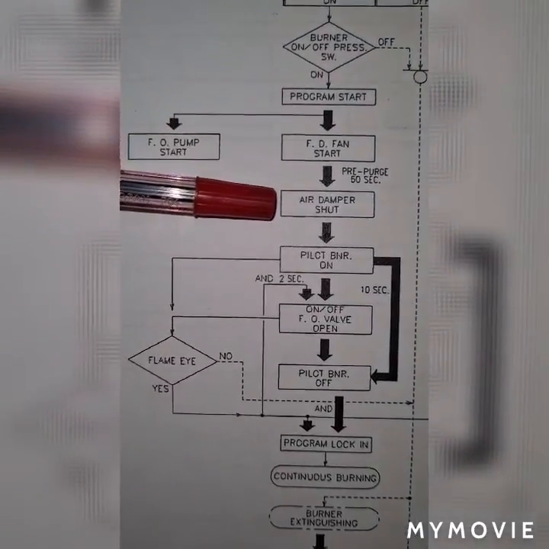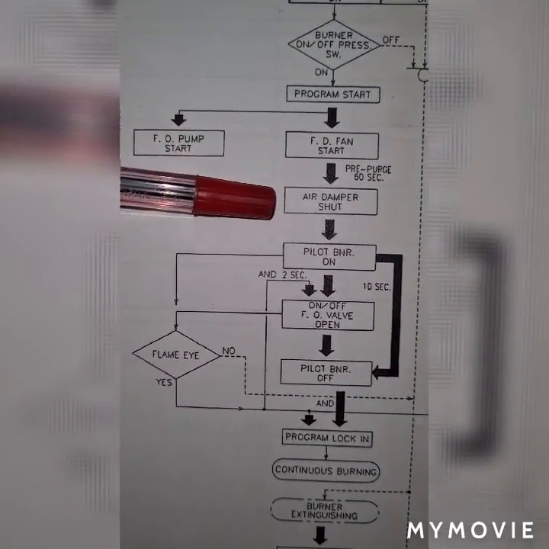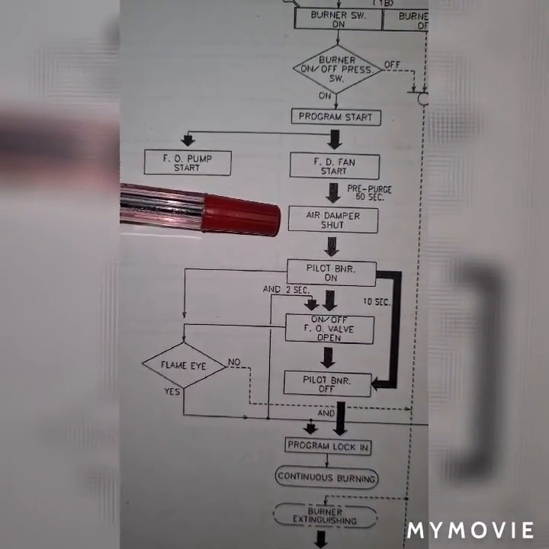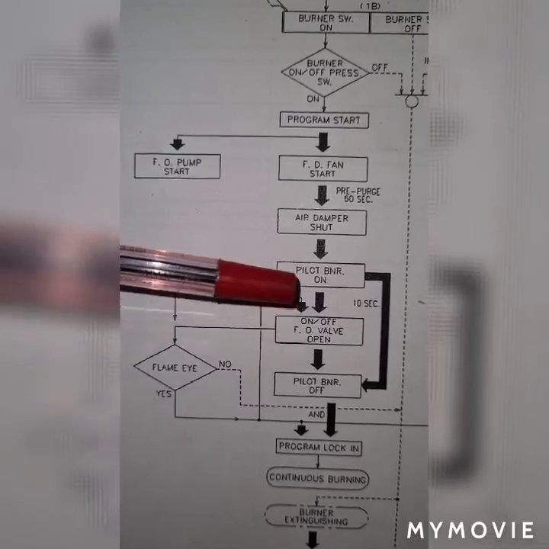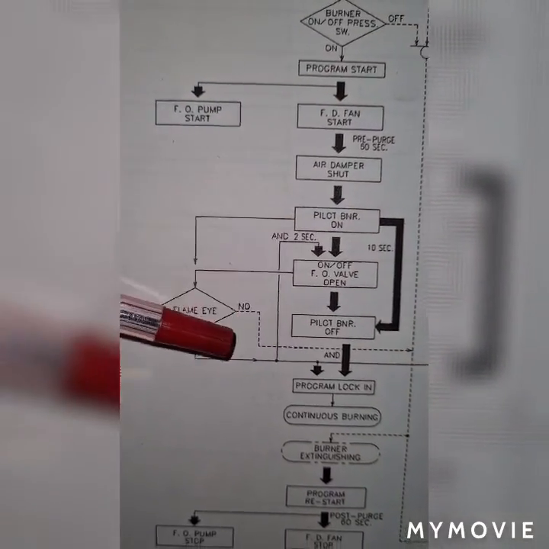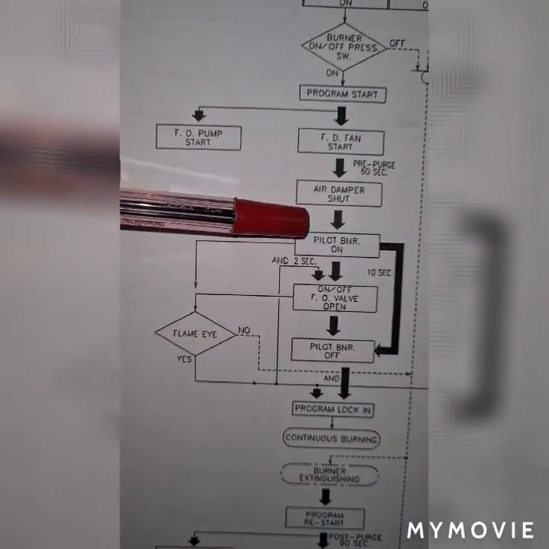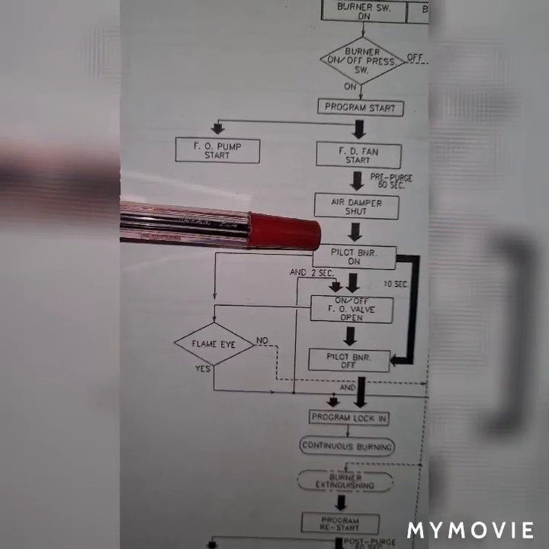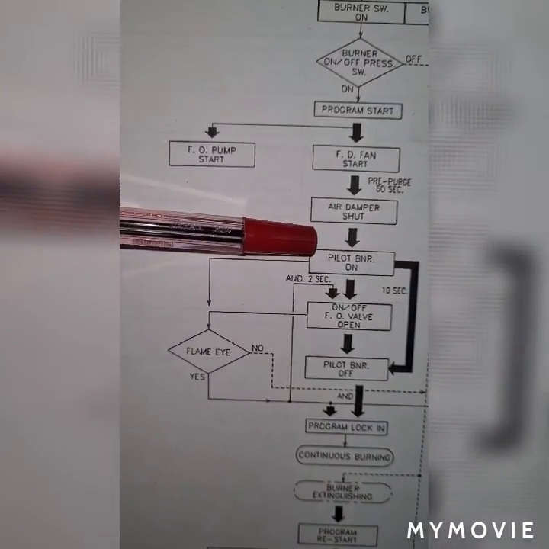That's the time that the PLC logic sequencer gives a signal for a pump to switch on. We also command the electrode to ignite the pilot burner within a 10-second period,